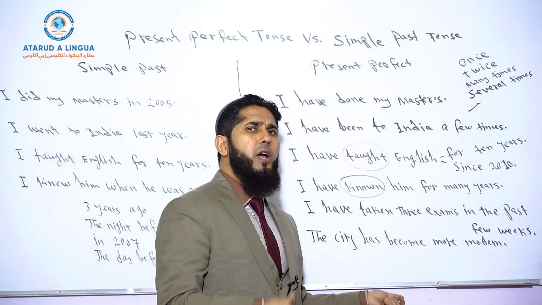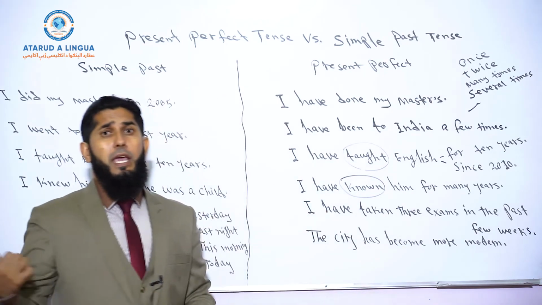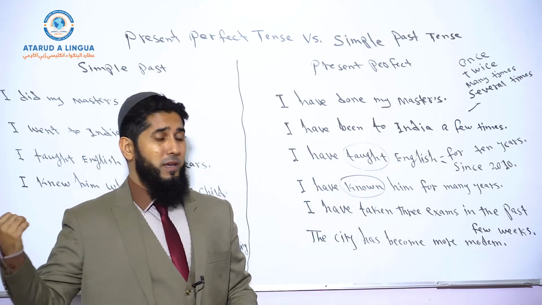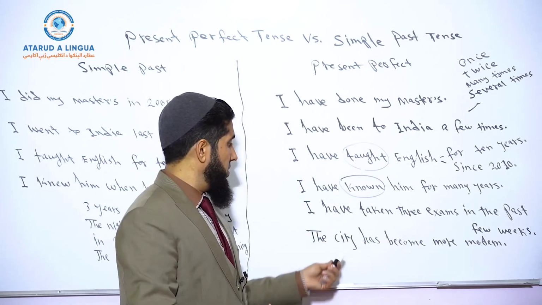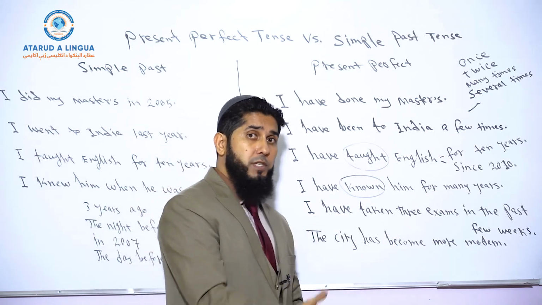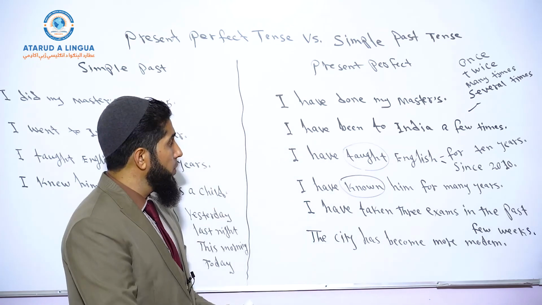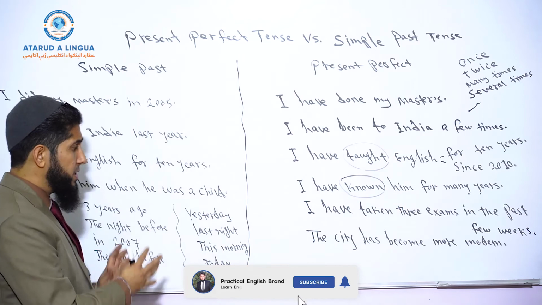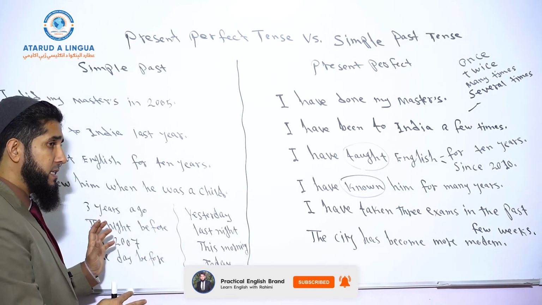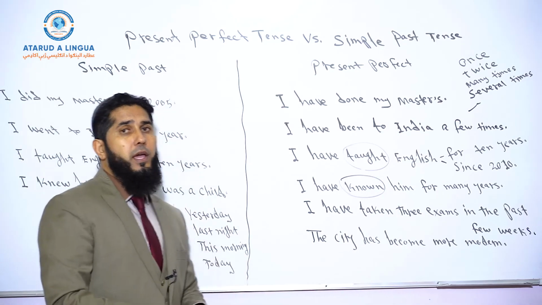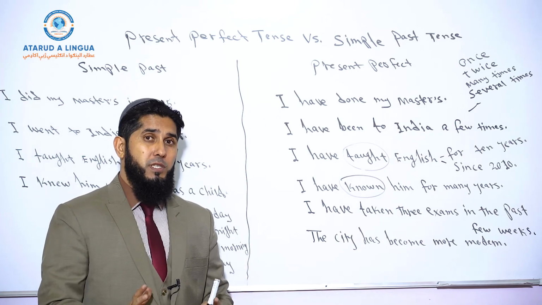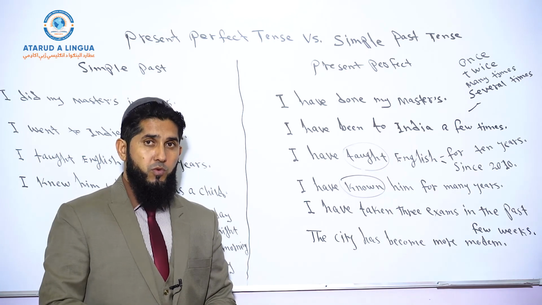So in this case, you do not use simple past tense. The city became. If you see became, again, you talk about something in the past. You do not talk about the kind of changes that you notice at present time. So I hope now the differences between present perfect and simple past tense are clear, and I hope that you won't be confused while using these 2 tenses in your spoken or in your written English.